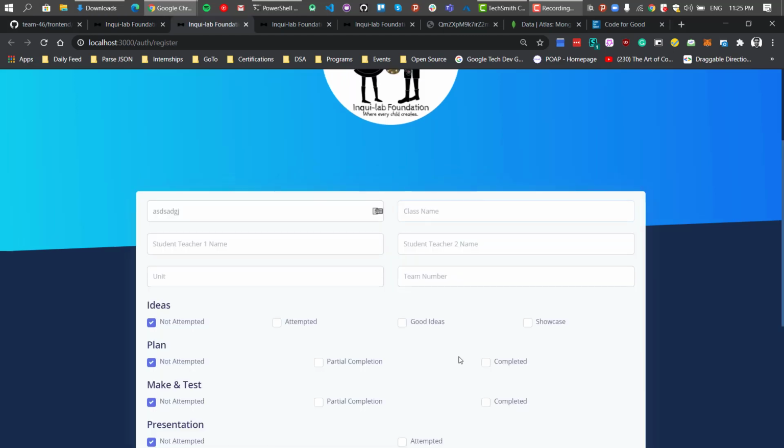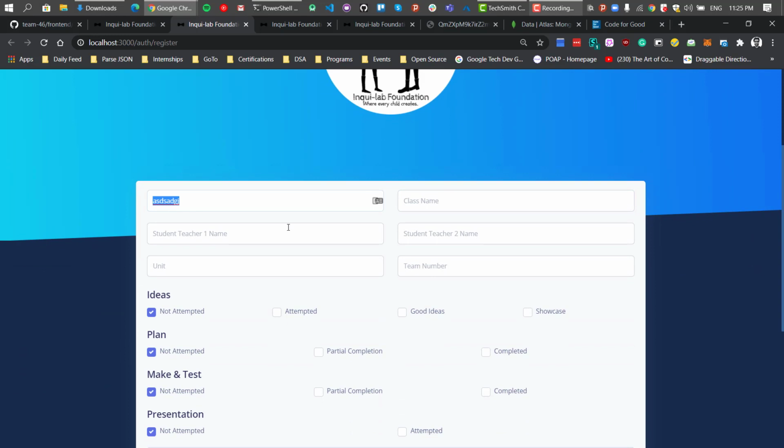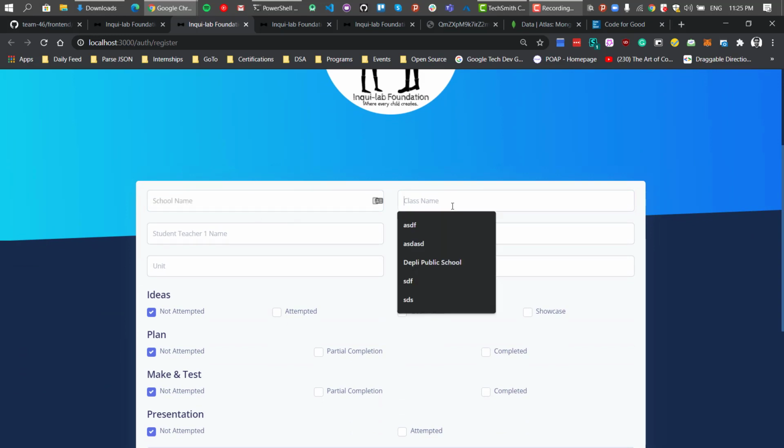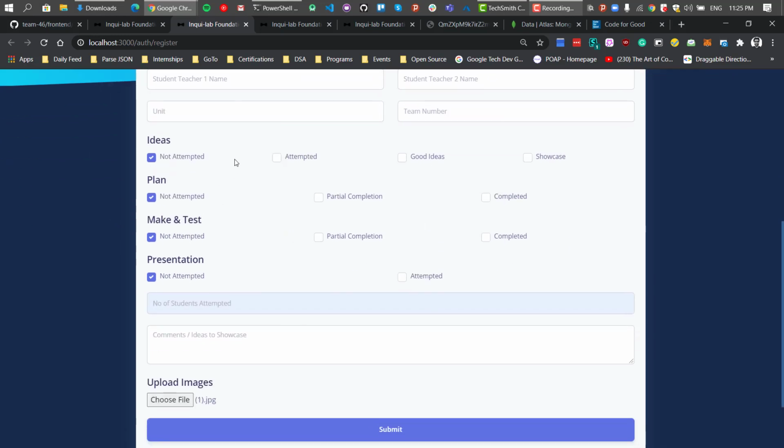Talking about the initial dashboard, the first dashboard we can see is the unit evaluation dashboard. The unit evaluation form has those fields that were required initially, that were in the PPT presented to us. We took those entities and used them in a similar manner. So there were checkboxes.